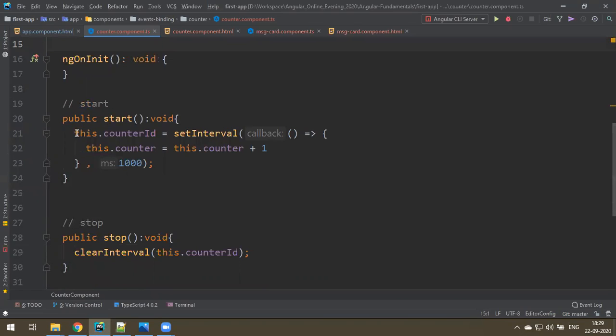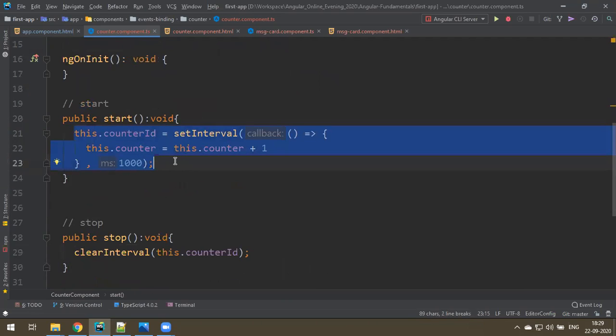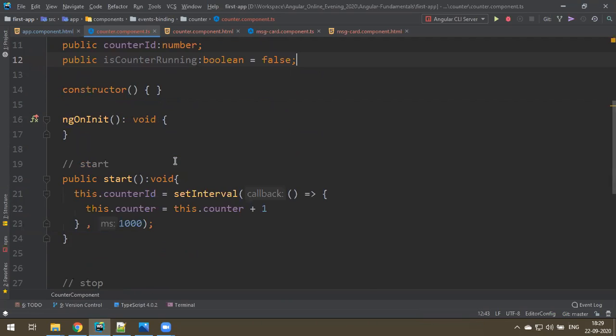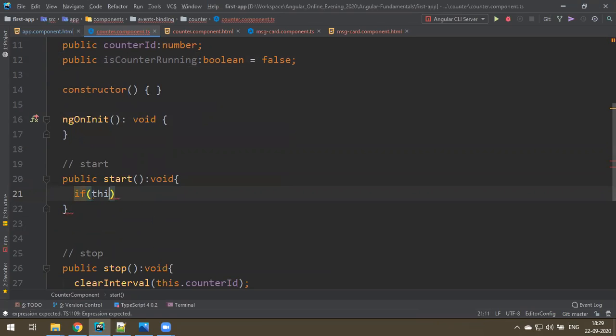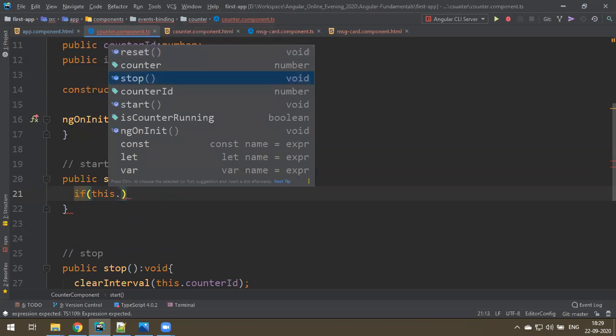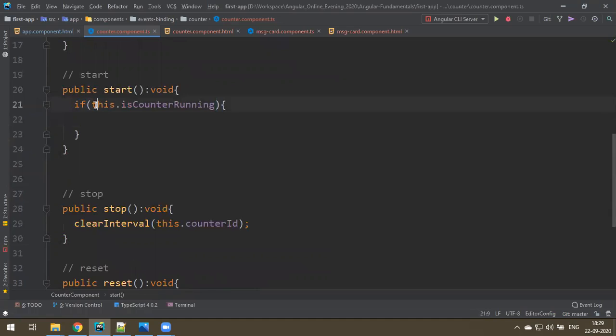So how do I modify the logic? Every time you click on the button, it starts the timer, right? I made a mistake, I think. Oh, is equal to false is correct. I want to do one thing. I cut this and write a condition: to access the local property of the class, this.isRunning.